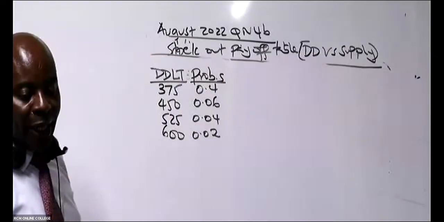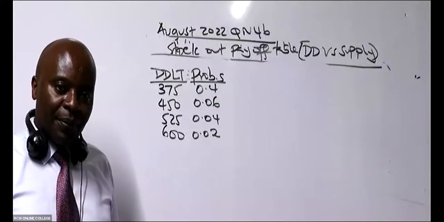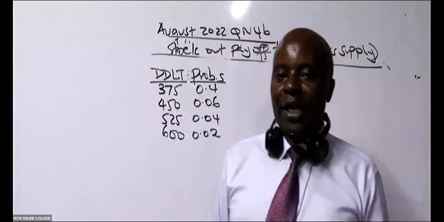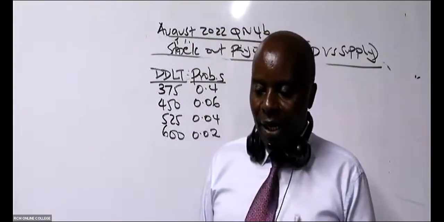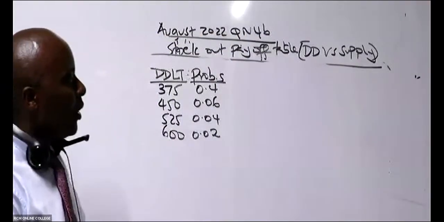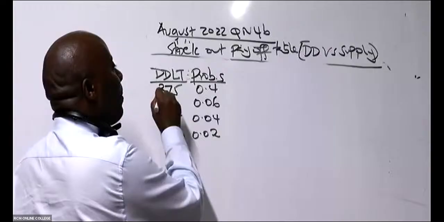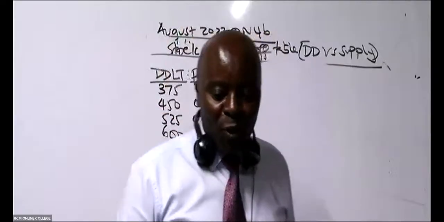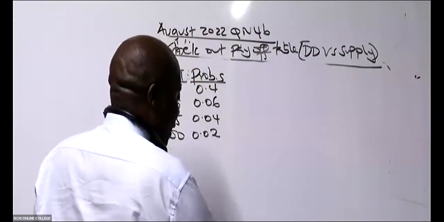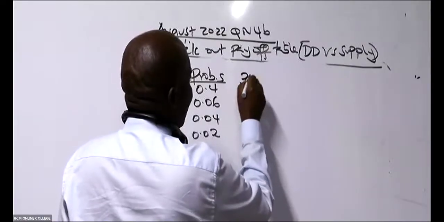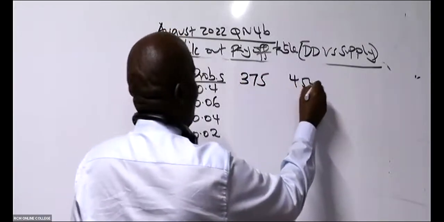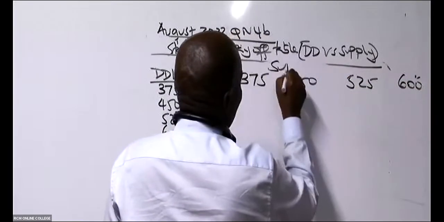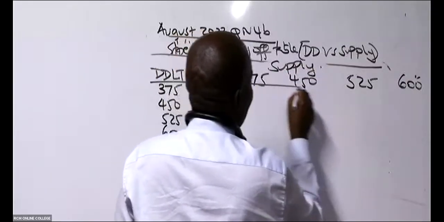So remember, now I'm looking at the safety stocks. The safety stock that I'll be putting in place is to ensure that we don't have any stock out. So then once you write this, you'll be able to come and copy these exact figures just to match the economics principle. Demand versus what here? Supply. So please come here and give us our supply numbers. So we have here 375, 450, we have 525, then we have 600. So these are supply figures.